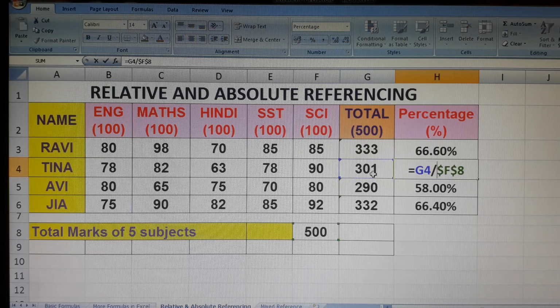See here, I have divided this cell by 500, that is F8. Now let me go to the next cell. See, I have divided this particular cell by 500. Let me go to the next cell. So I have divided this particular